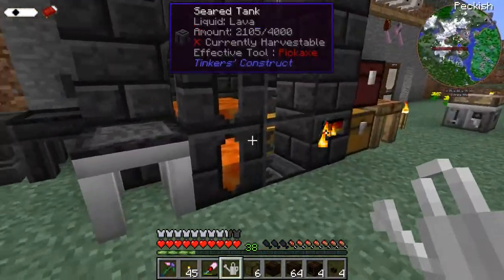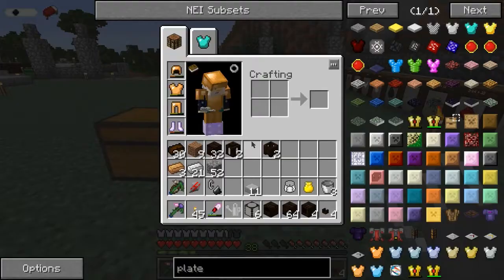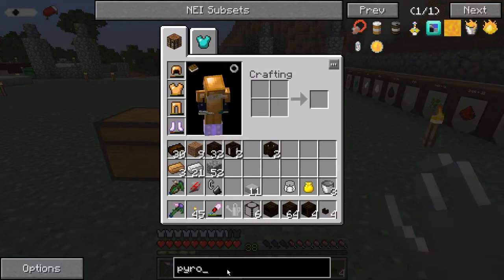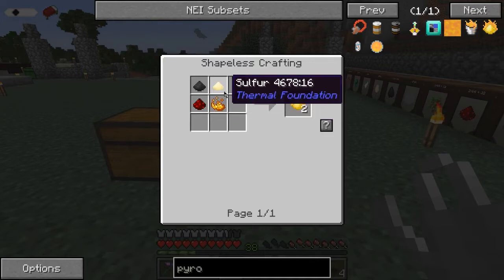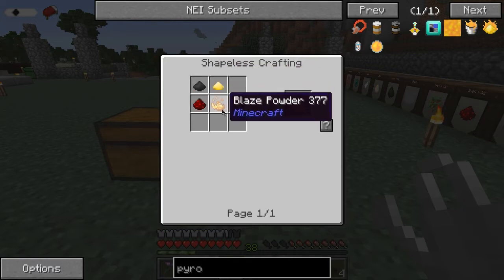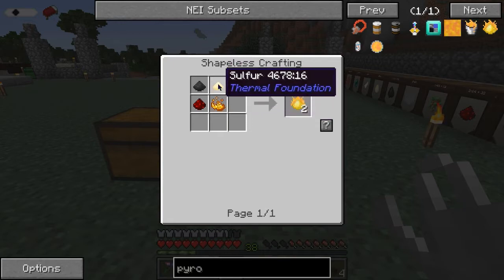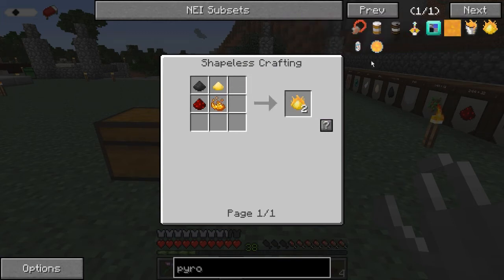Apparently you need to pump liquid pyrotheum into this thing, and if you're not already aware, pyrotheum is made from blaze powder, sulfur, coal and redstone. Okay, well I can do those two without too many problems. The blaze powder is going to take a little bit of work, although I could do it. And then to actually get it into liquid form,